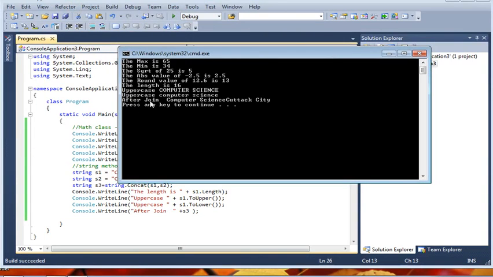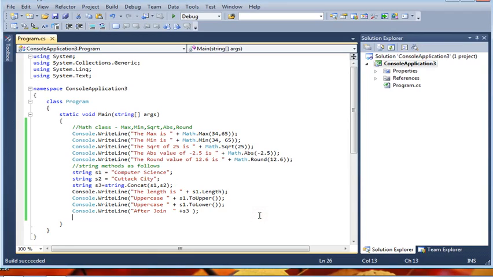Value of S3 is after join. Yes, Computer Science Kotak City. It is printing. Fine. Next, the method is